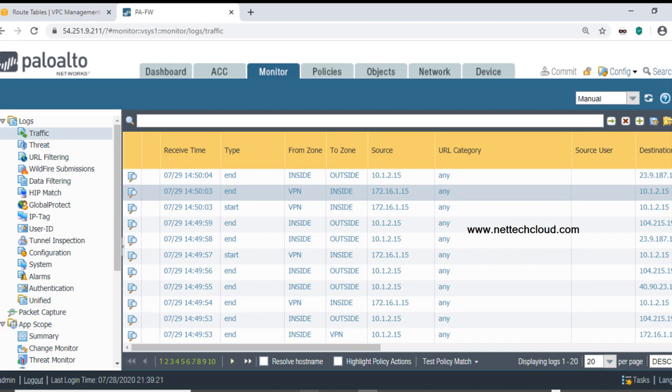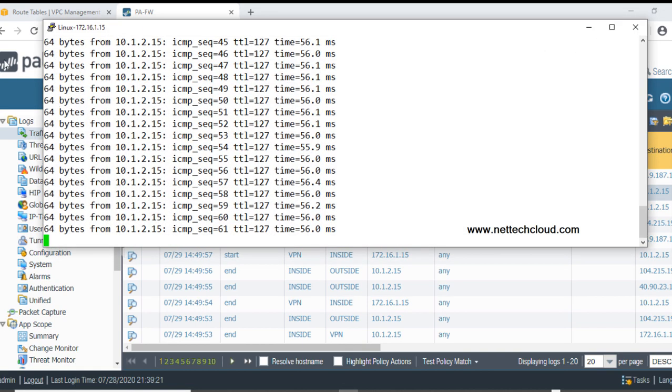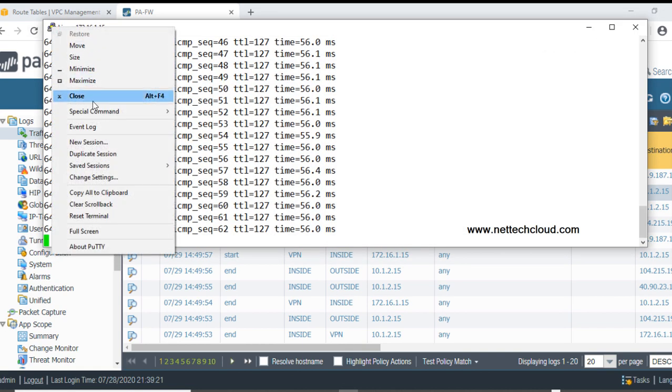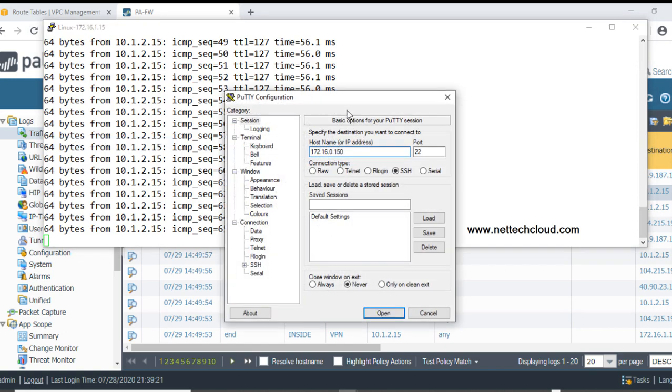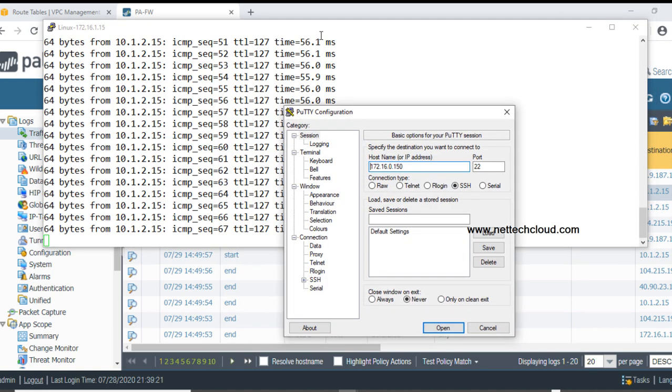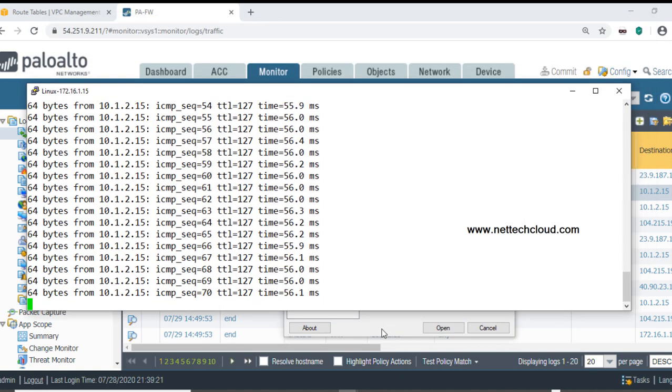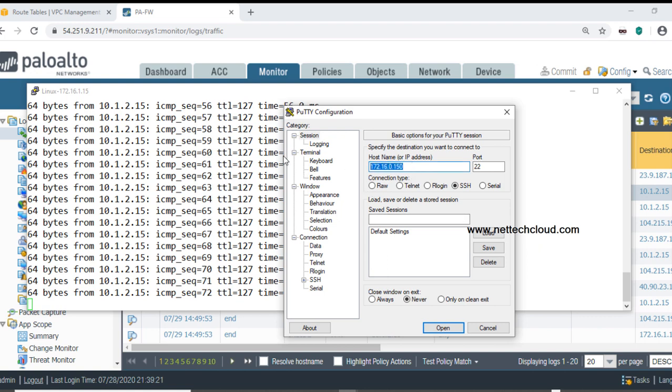And we can also verify from the CLI. So if I open another new session, this time I want to connect to this Palo Alto box.